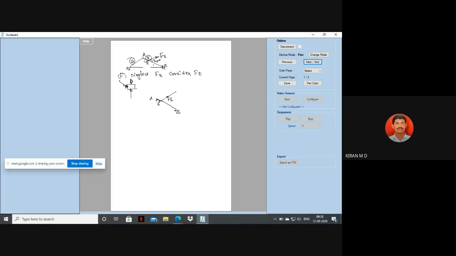Okay, means we have that length of 250 mm. If you use a 1:5 scale, then length AE is 50 mm. So if you use a 1:5 scale, it will become 40 mm. Then you have to draw this line at 35 degrees. This 35 degree line. So once you draw this one,